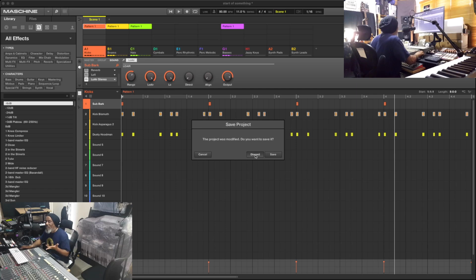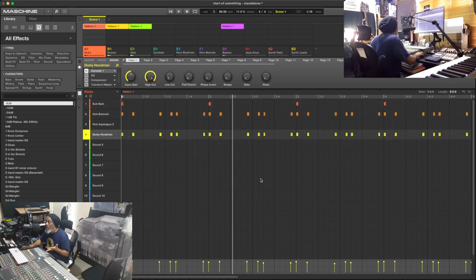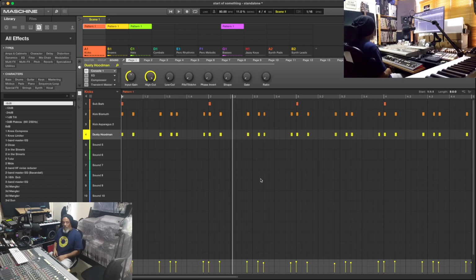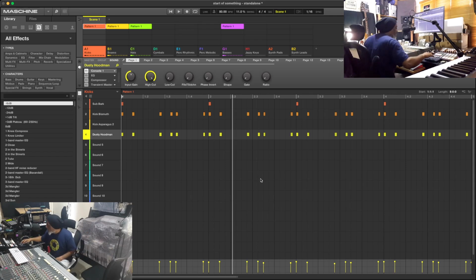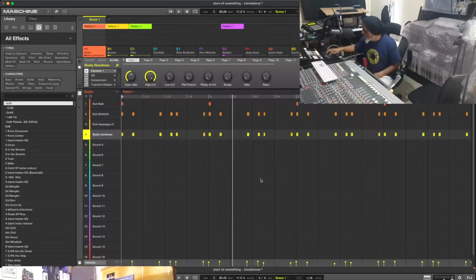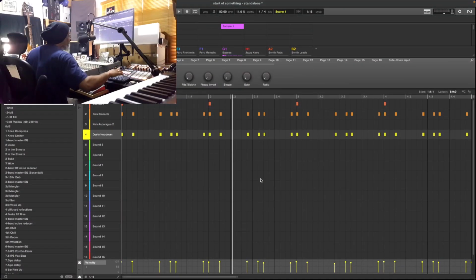I didn't change anything in there, not anything worth changing, so I'll do that as a discard rather than a save. So this is the same project, but you might have noticed something. Let me see if I've got the right angle for you to actually see what's going on.